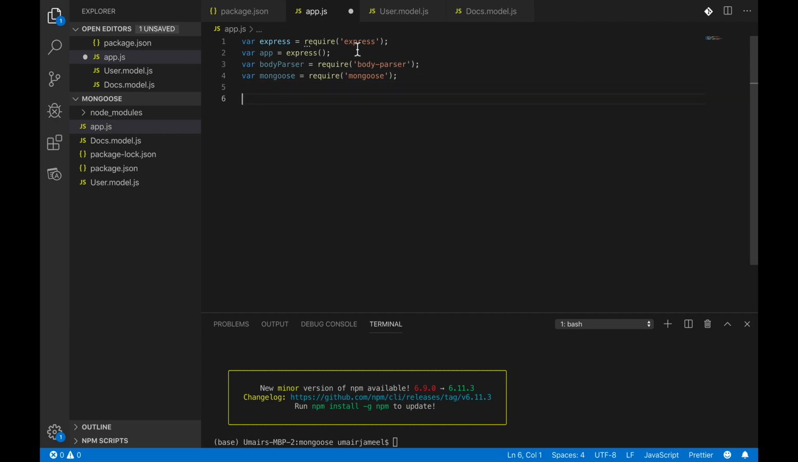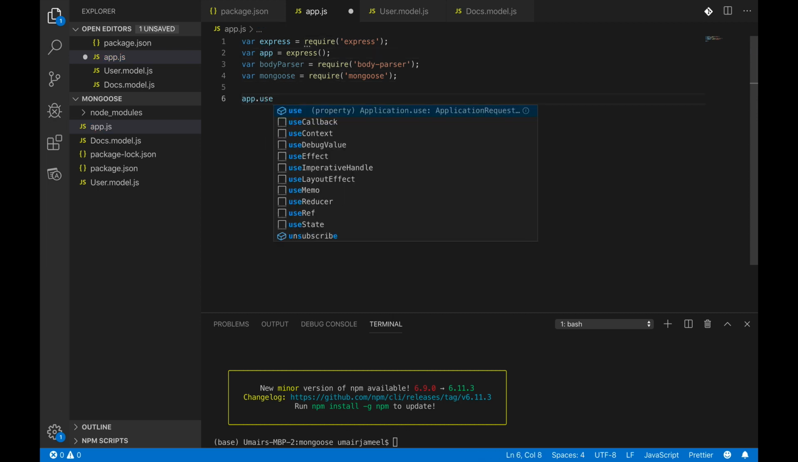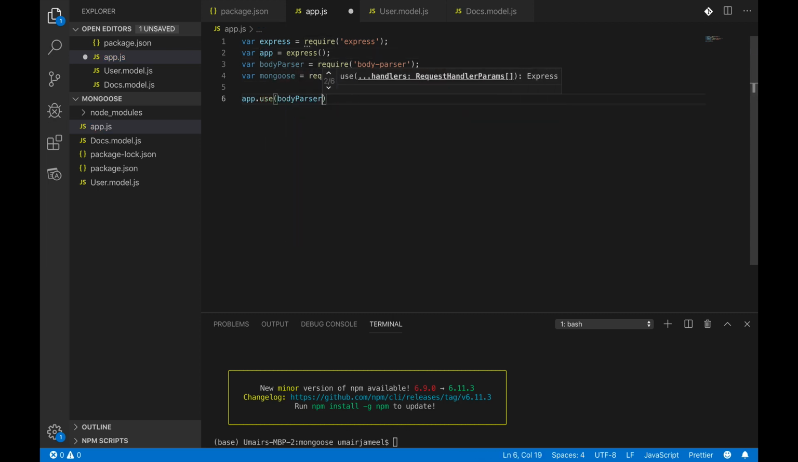Okay, so I'm going to use this body parser first of all. In order to use this body parser, I need to add it in my app. So I'm going to use this Express app.use and body parser, and it's going to take JSON. So I have told this particular Express app that it is going to be using body parser for parsing